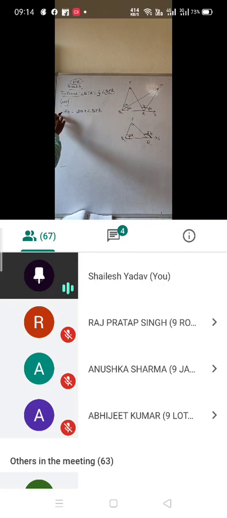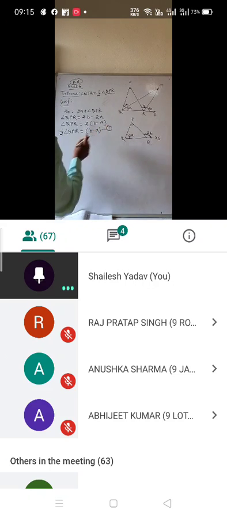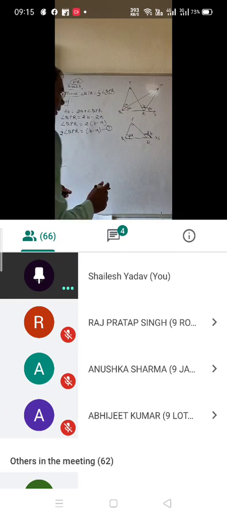Now you need to transfer that 2a to this side. So it will be angle QPR equal to 2b minus 2a. Here 2 will be taken as common, so angle QPR equal to 2 times b minus a. If you transfer 2 to this side, here 2 is multiplied, so it will be divided on this side. So half angle QPR equal to b minus a. So I got one of the equations, b minus a equal to half angle QPR.